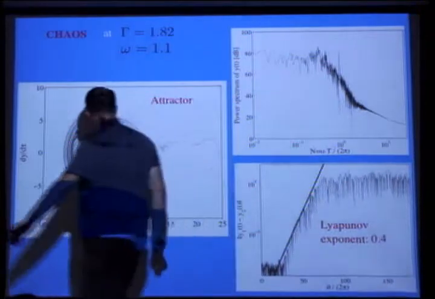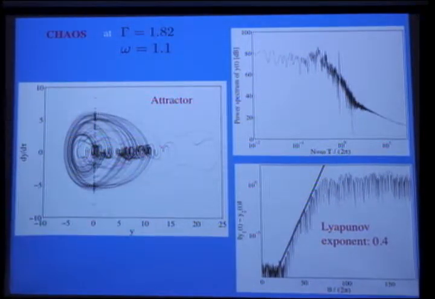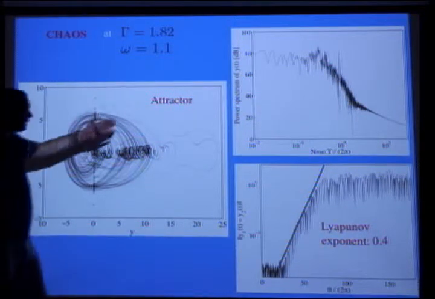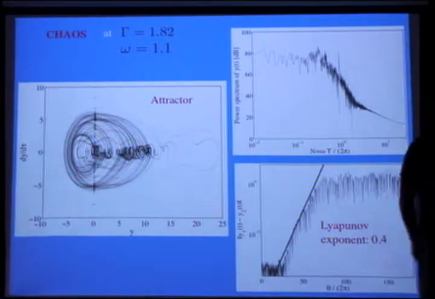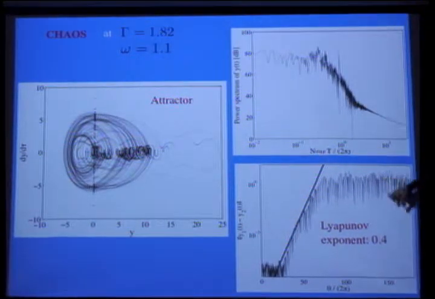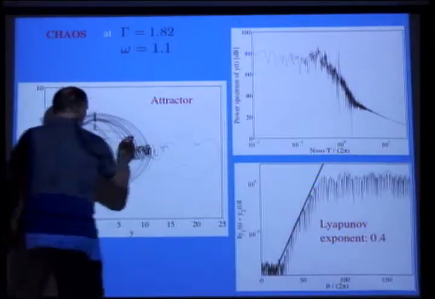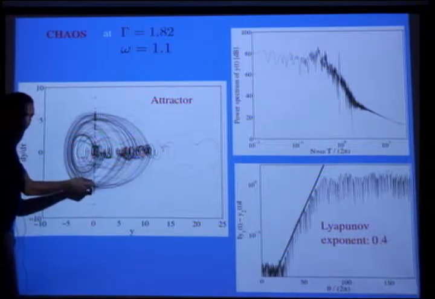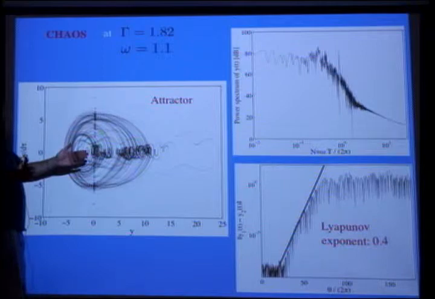And so now if we look at one of our chaotic modes, we can plot again the velocity versus position, and we basically get an attractor, and we look at the power spectrum, and it's full, and the Lyapunov exponent is positive, right? So what that says is if we start somewhere in here, we have two points in this phase space which are initially close, they will diverge exponentially, and that's the hallmark of chaos.